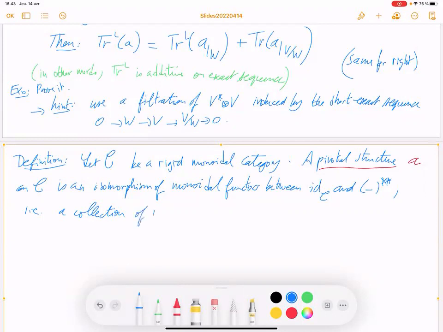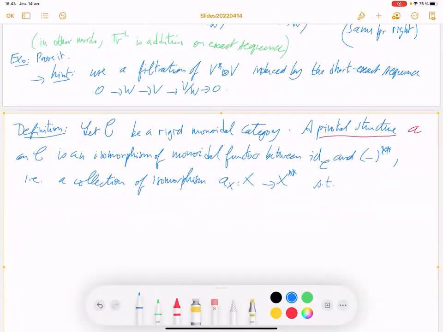It's a collection of isomorphisms A_X between X and its double dual, such that for all X and Y in C, and for all morphisms F between X and Y, then